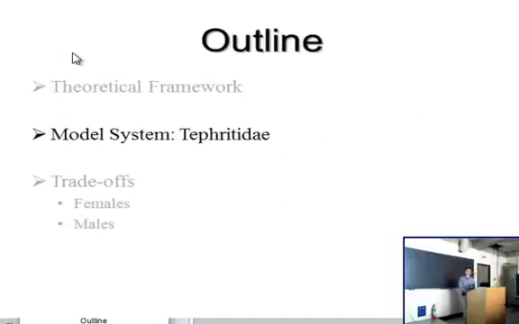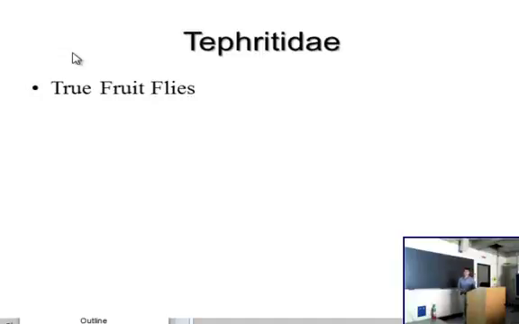So to test these ideas, I worked in the model system of the Tephritid fruit flies. Now, Tephritids shouldn't be confused with the Drosophilids. Those are actually a common group of organisms that, like Drosophila melanogaster, are used as a model system in many genetic and other fields. These fruit flies are phylogenetically distinct, and they've been separated by a great period of evolutionary time. There are about 4,500 species of Tephritid, spread across 500 genera.